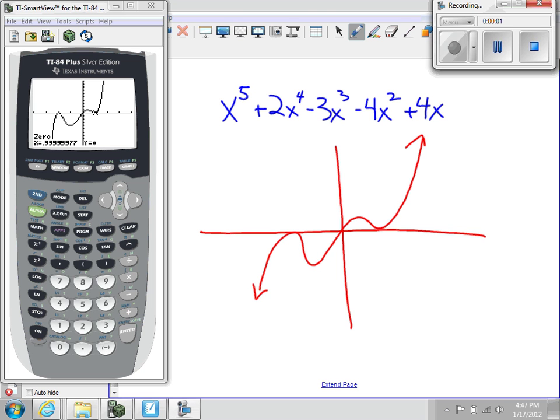Finally, I want to find a couple of additional points. I've already found my zeros. I found my local minimums, one of which happens to be a 0. I found my local maximums, another one which happens to be a 0 as well. So I found all those points, but I want to find a couple of additional points, maybe so that I